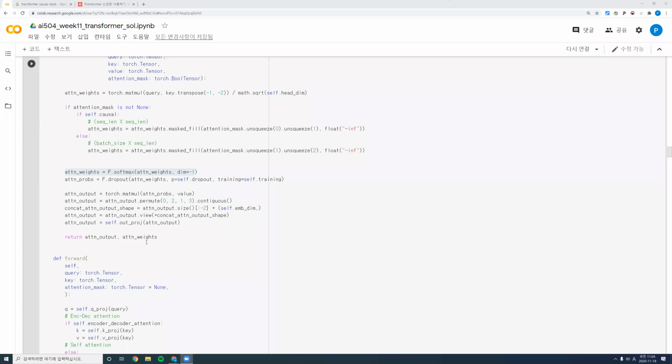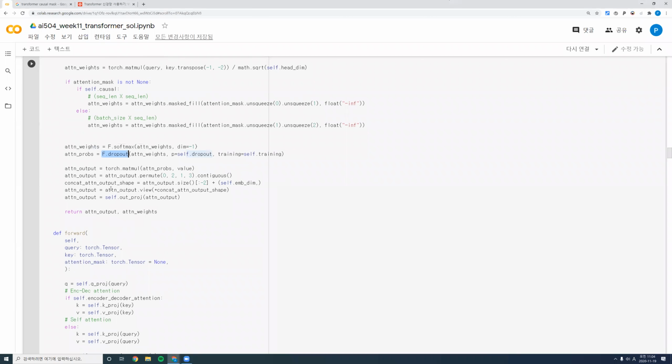Okay, so back to the implementation. To calculate the attention probs, you take the softmax on the last dimension and apply dropout on the probability matrix, but dropout is not necessary, it's your design choice. Then to calculate the attended output, you take the matrix multiplication of the attention probability and the value matrix. And then you do some transpose on the first and second dimension to use this